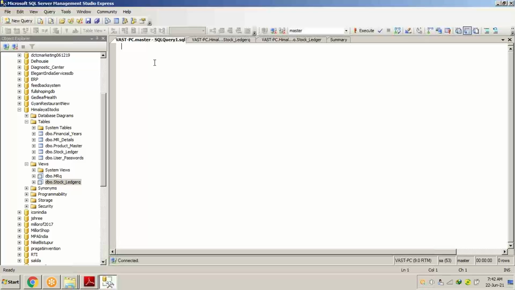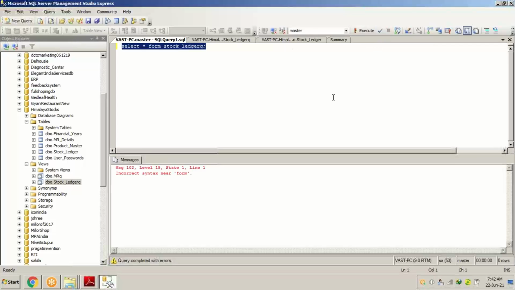The simple SQL statement is select space asterisk, called star, from stock_ledger_Q. Now if I select this and execute it, let's see what happens. It's showing me some error.